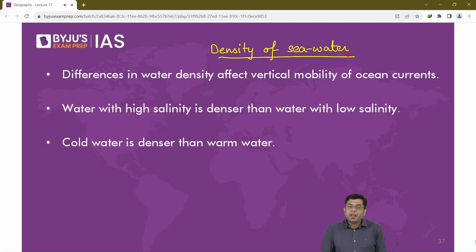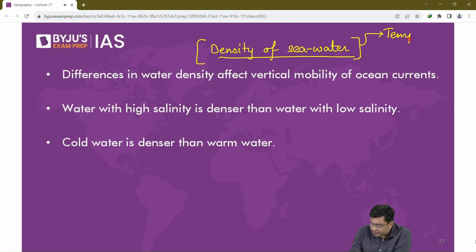Okay. The density of seawater. So when we talk about density, what is density? It is how closely the particles, the materials, are arranged. That is what density is, isn't it? So when we talk about the density of seawater, that will be impacted by salinity as well as by temperature. Both of them will impact the density. So here, when we talk about the density of seawater,